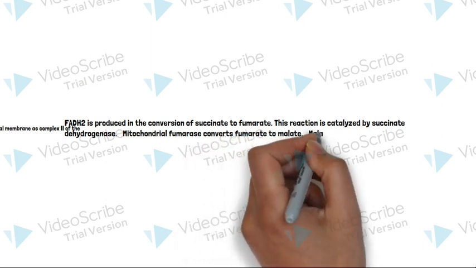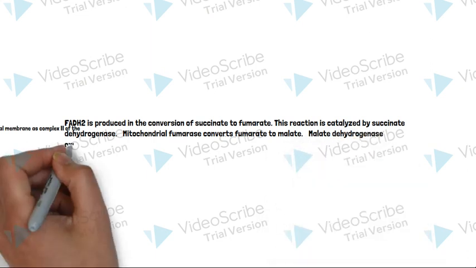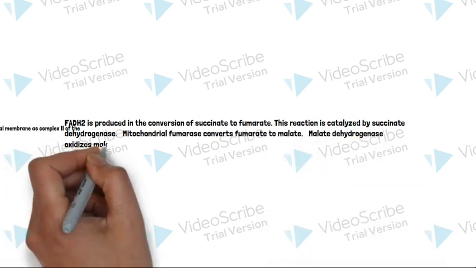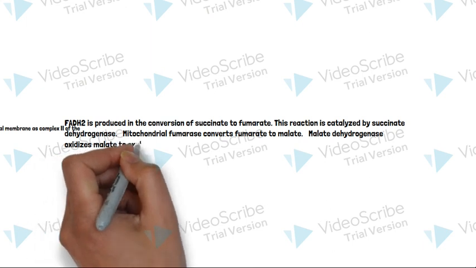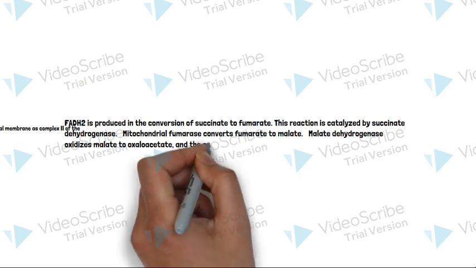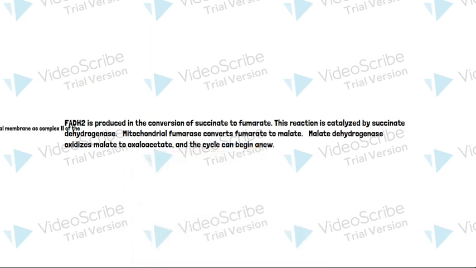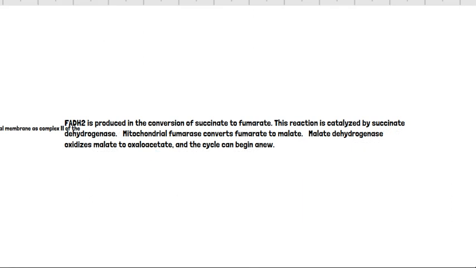Here, one molecule of NAD is converted into NADH. Please remember, oxaloacetate is the final product you are going to get in the cycle, and also the first substrate used in the cycle, which is identical. So yes, the cycle is called a cycle. So very simple. If you want other videos also, you can